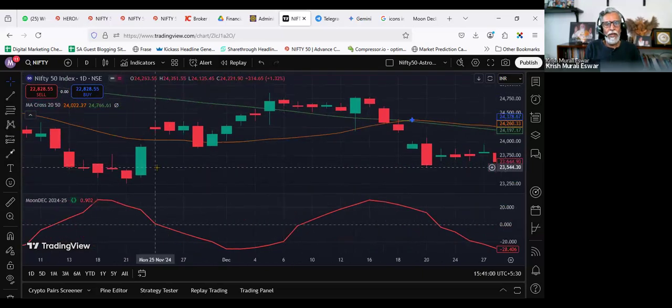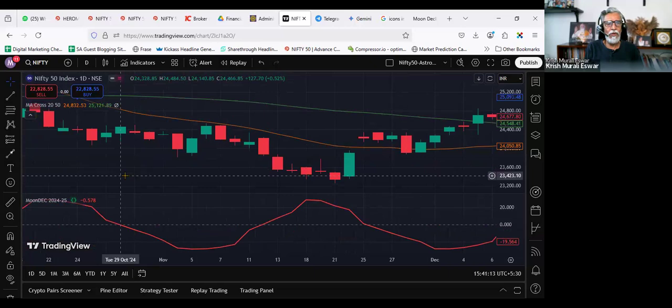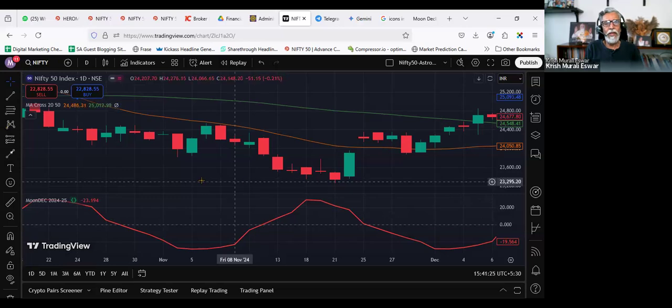If you keep looking at it again and again, you will discover something very, very interesting. For instance, on 25th of November, it went up by 1.32%. So invariably, whenever the moon crosses over the 0 point, as on 29th of October too, invariably,